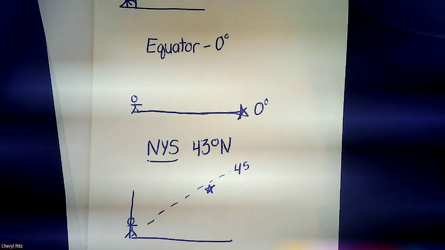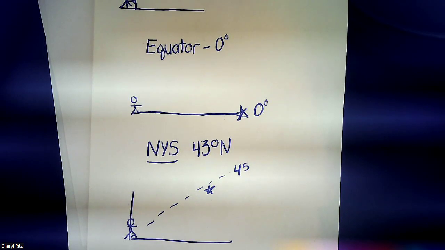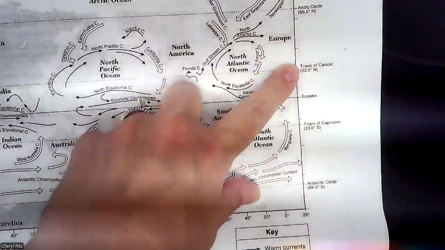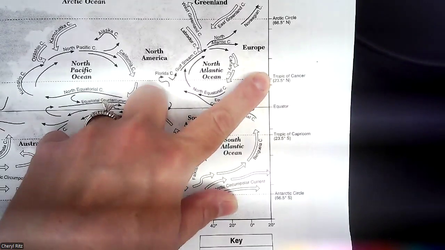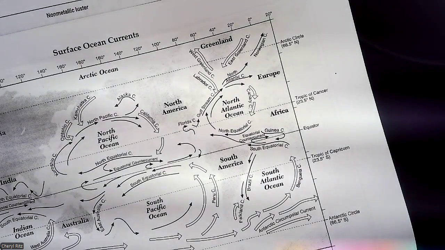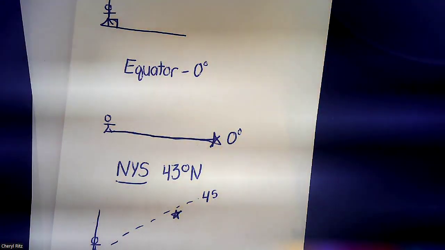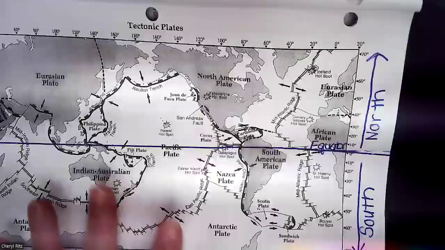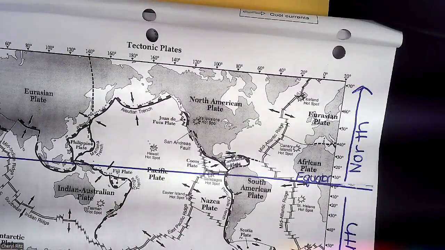Everybody good? Altitude of Polaris equals your latitude. So, hey, what if we were standing on the Tropic of Cancer right here, labeled 23.5 degrees north. How high would we have to look to see Polaris? 23.5 degrees. Altitude of Polaris just equals your latitude. That's all. So we just have to finish labeling our reference table here,